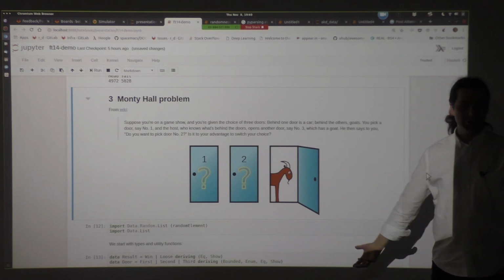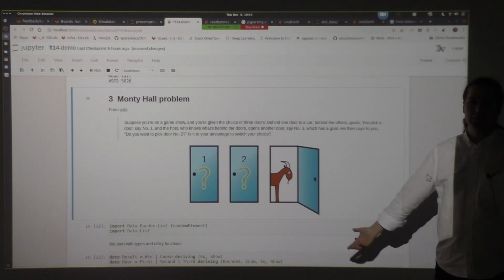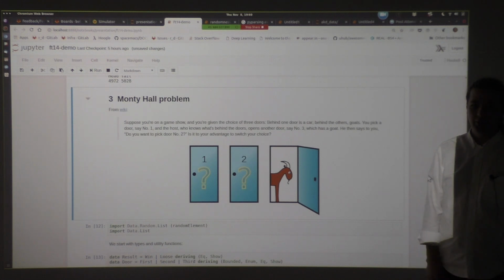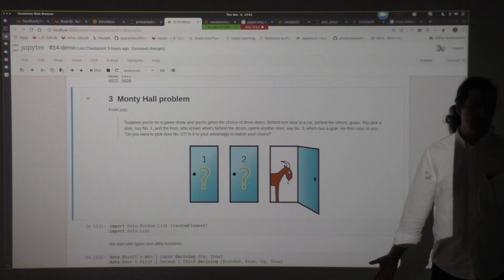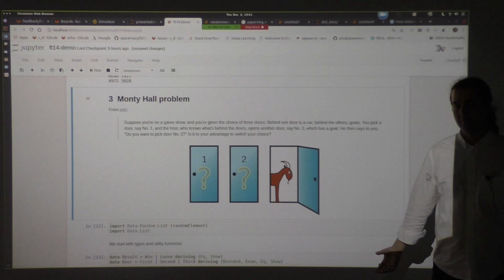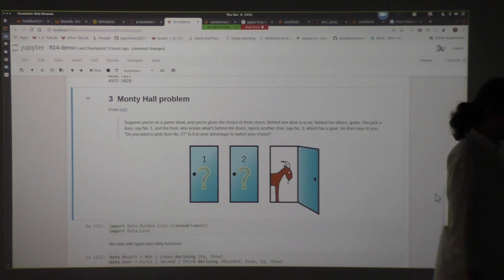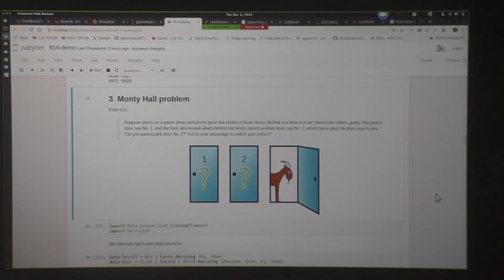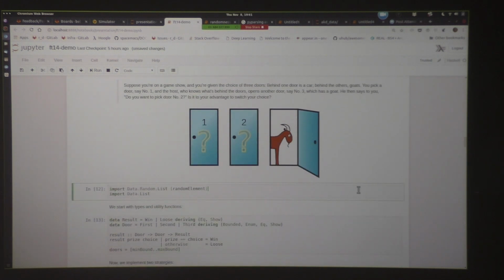And when you choose a door, then the host opens one of the 2 remaining doors, showing a goat. Then you have a choice. You can either stick to your previous choice, or you can swap. And the question is, does it matter at all or not? So actually it matters. However, it is not so obvious, and it was confusing even for professional mathematicians. So if you don't intuitively understand why it is really better to swap the doors, then that's fine. It is not intuitive, but that's the way it is.